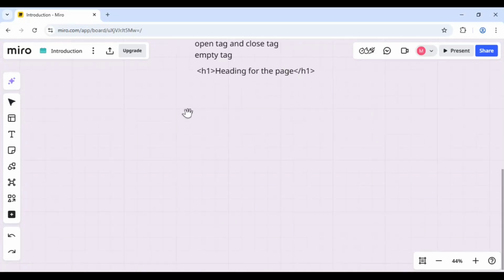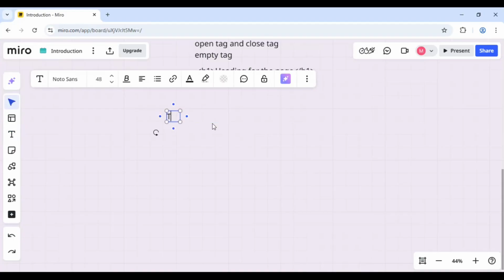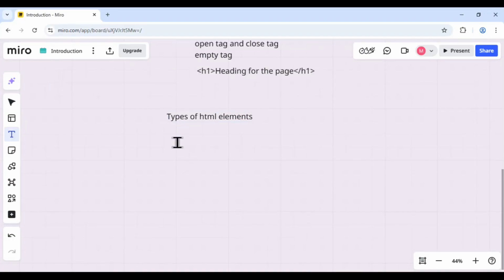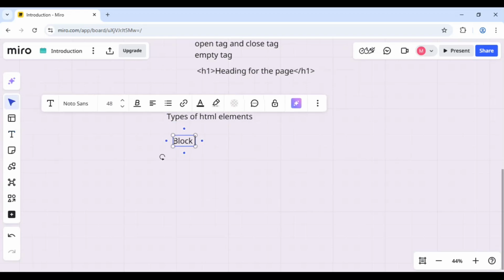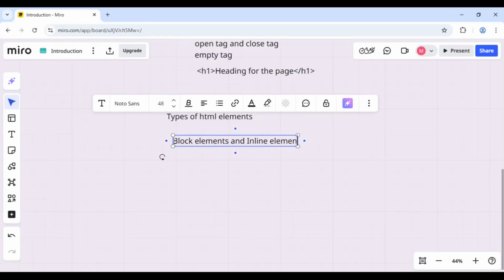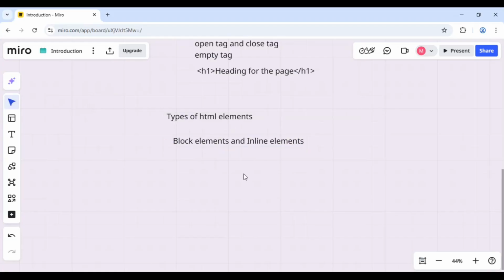So I'm talking about types of HTML elements. Basically there are two types of HTML elements, that is block elements and inline elements. The very basic difference between the block elements and the inline elements is